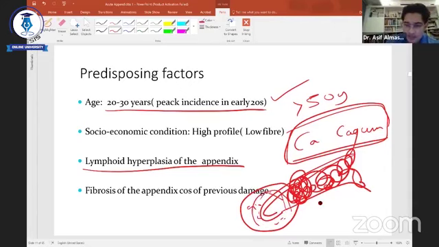That means palpation over the left iliac fossa causes pain in the right iliac fossa. This is called Robson sign. Psoas sign. What happens is, sometimes, especially in case of pelvic appendix,